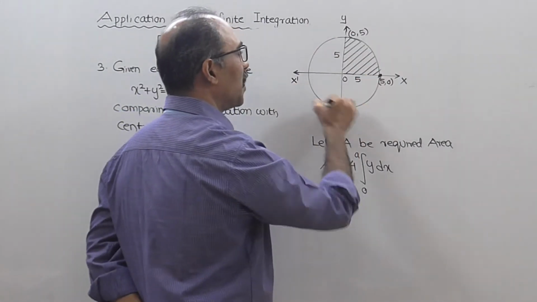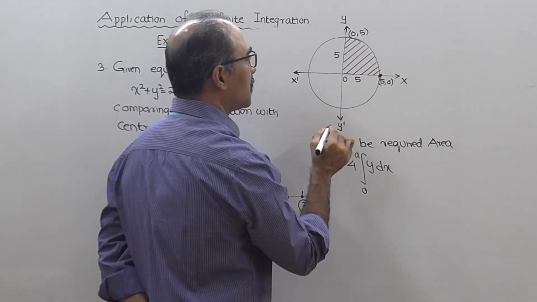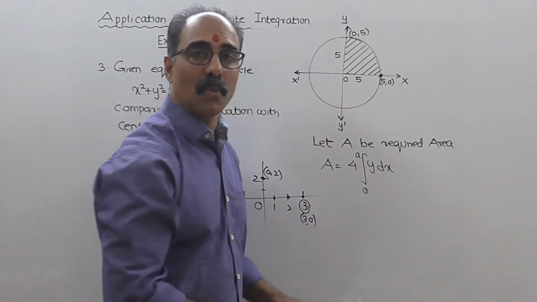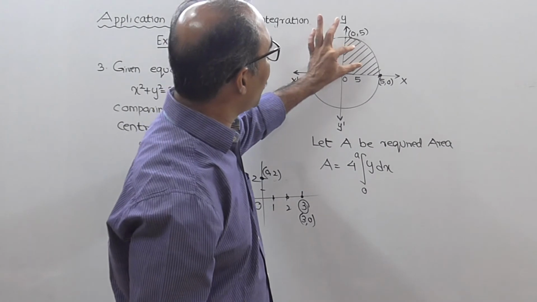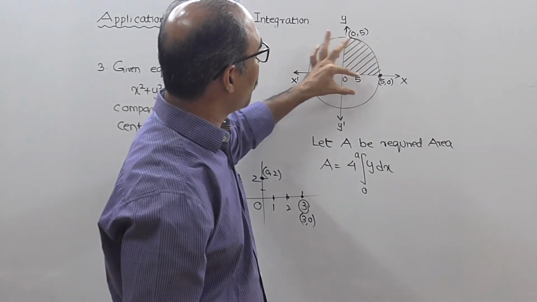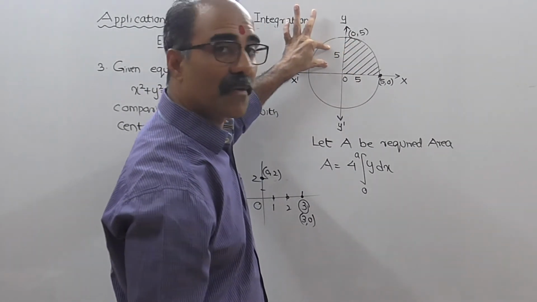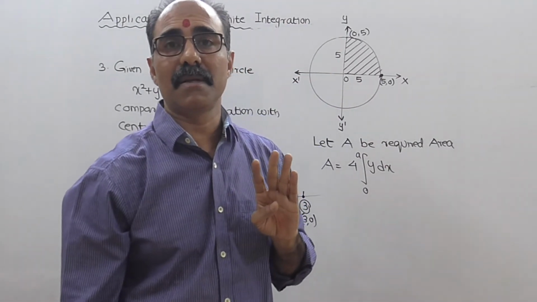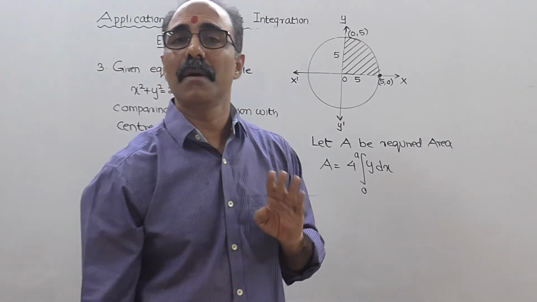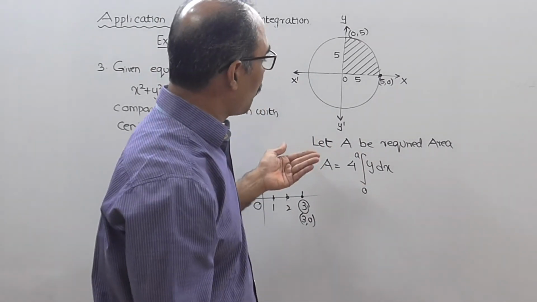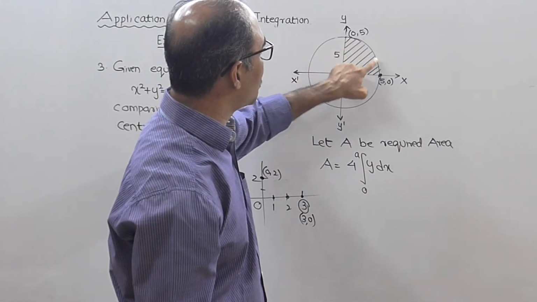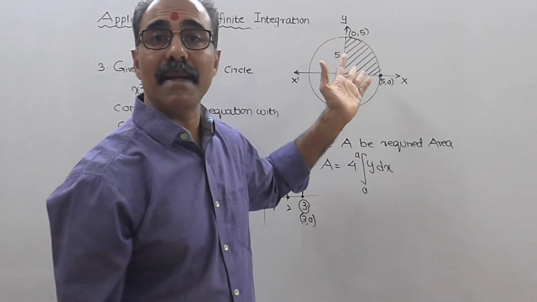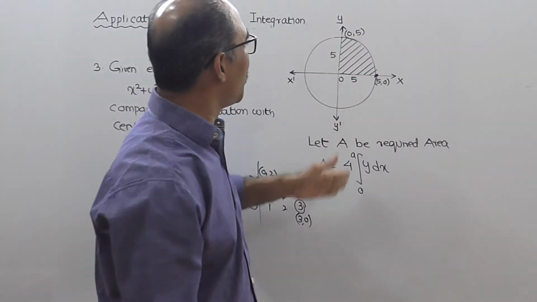Now you have to find the area of the circle. Okay. Now see, you cannot find the total area of the circle in one shot. What you can do is find the area of this part, then the area of this part, this part and this part. So that means you have to find the area 4 times. It is time consuming, not advisable. So what we will do is, I will find the area of this part which is shaded and then I will multiply the entire thing by 4, because it's a symmetrical figure here.